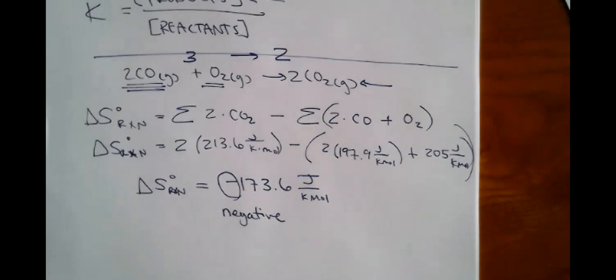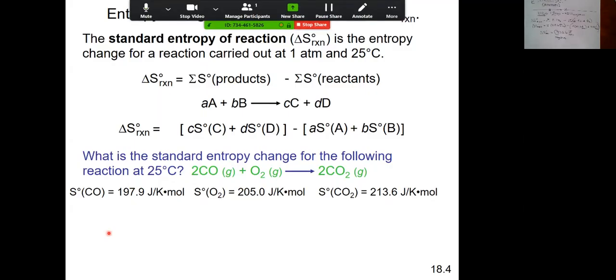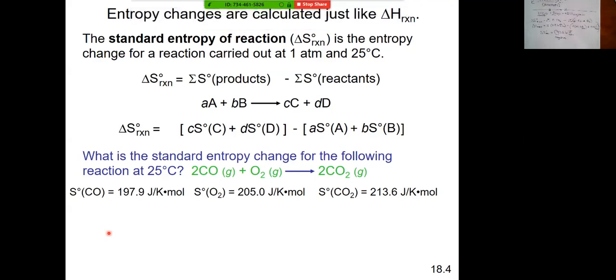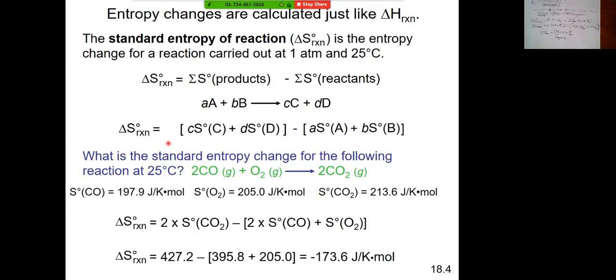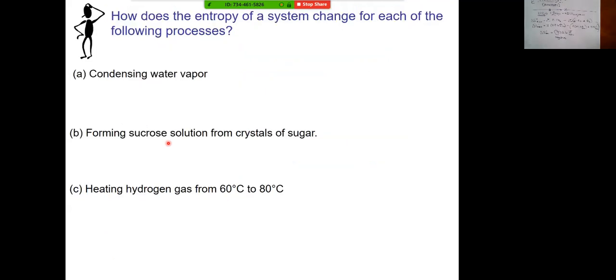So back to the PowerPoint. So if we, yep, that's our math. Hopefully yours matches. Excellent. If we look at some standard reactions and we try to decide just by looking at the sentence